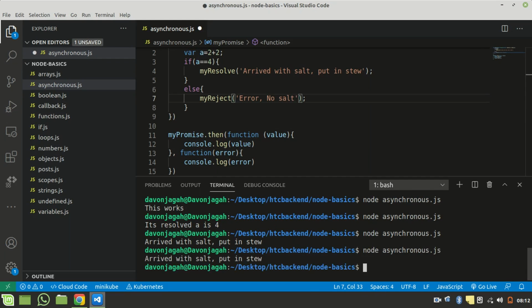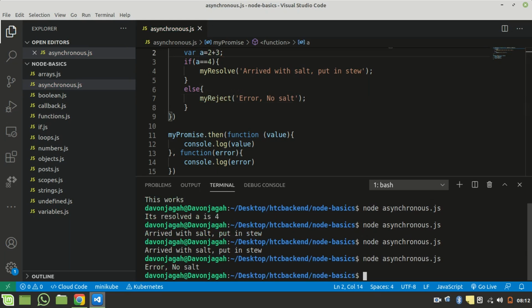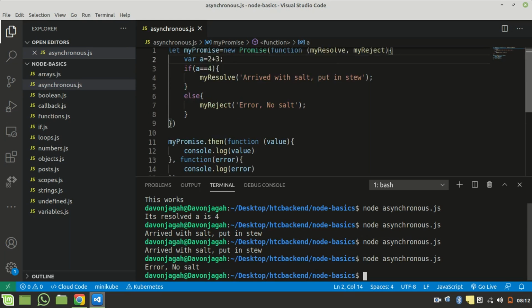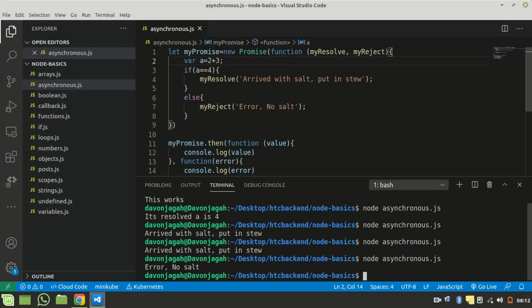So if we go ahead and run this, we still get arrived with salt. And in the event that the person did not get it, let's say a different case other than 4, which is 5, if we go ahead and run this, we can see error, no salt. So this dot then waits for a promise,